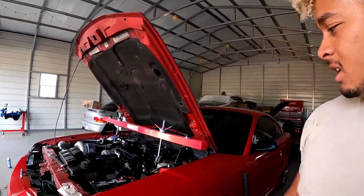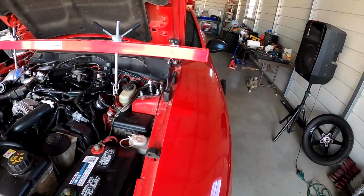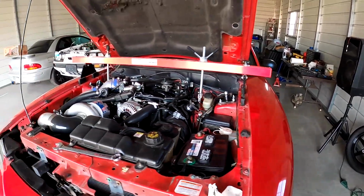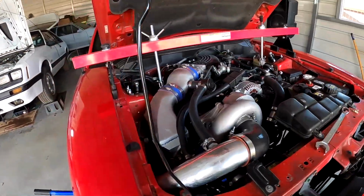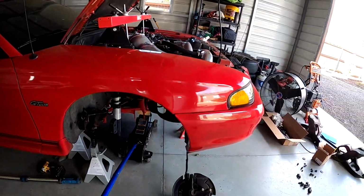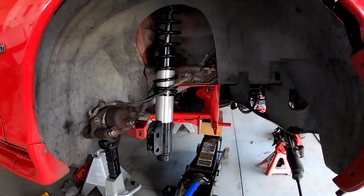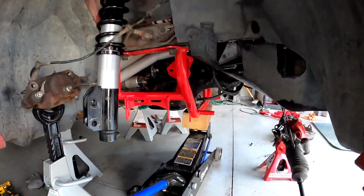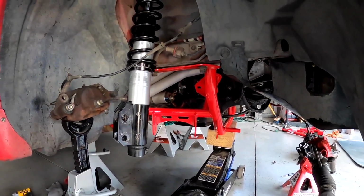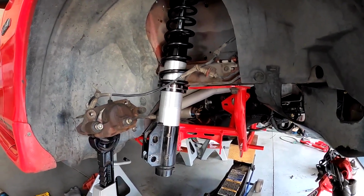All right, so put in a couple more hours out here today, and see, we got our caster plates on with the struts running up through the top. They still need to be tightened up. We got both sides of those done. We got the oil pan gasket and the oil filter housing done. Got coilovers assembled on both sides, and I went ahead and got the BMR K member lined up. So I think that's gonna be pretty good